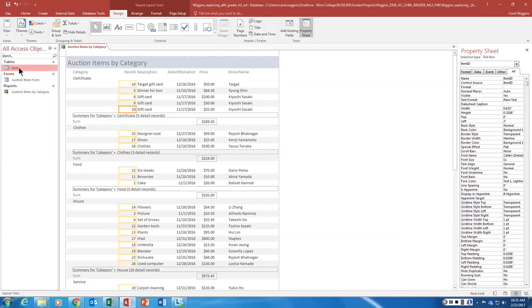Okay, and in layout view, we want to sort the report so that the least expensive item is displayed first within each group. So we still want it by category, so it's sorted by category, but within the category, we want the least expensive item to be first. So in this instance, we want this $25 gift card to be first. So to do this,